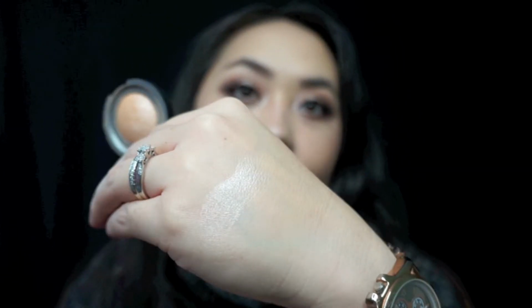It looks really good on people with more fair skin. I would say if you're a medium skin tone, you could probably still pull this off. It's just so beautiful and it looks very natural. I usually take a very, very fluffy fan brush like this one by Coastal Scents, and I will just swirl it on the brush, and then I'll swirl it in a circle right here, so it hits the high points of my cheek,